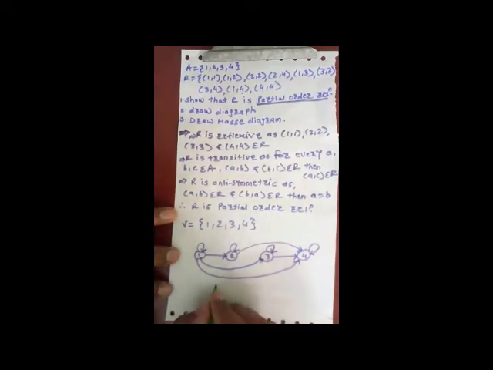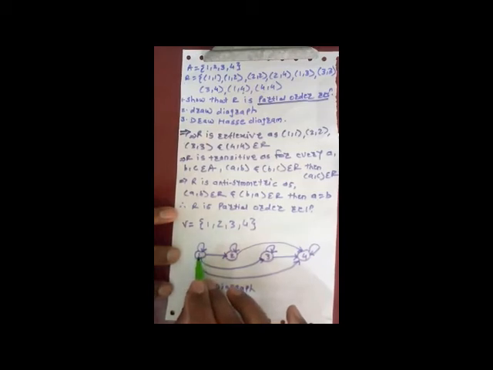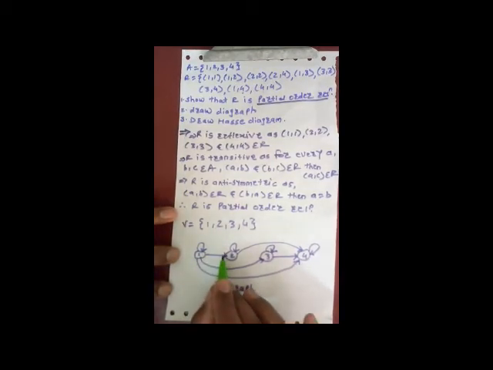So this is our diagram, right? To draw the diagram we use the vertices and edges. Edges are nothing but directed edges. So 1 to 2 means 1 comma 2, right? So this is the answer of the second one, that is the diagram.